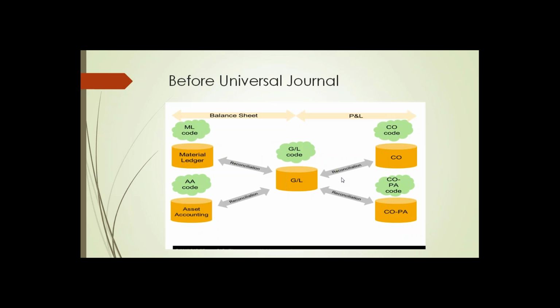Coming to the slide, which I think we have discussed in our demo session also. This is the structure before Universal Journal, meaning before Simple Finance. In my traditional ERP, in EHP 7, I have separate components: material ledger, asset accounting, controlling, and COPA. So I have separate sets of tables for material